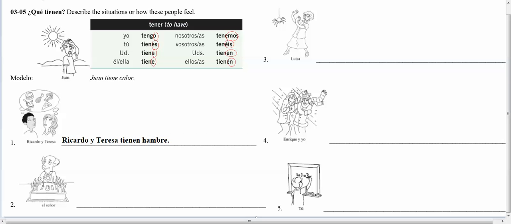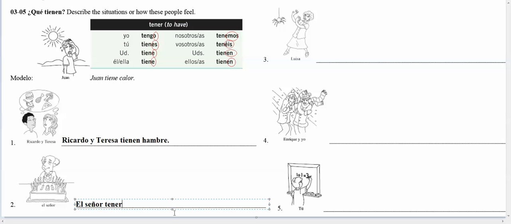If we go down here, el señor, he's 101. So we would probably say él, and I'm putting él here because I'm referring to him with a title. Remember that if you use a title like señor, doctor, profesor, you have to use a definite article with it when you talk about someone with a title.